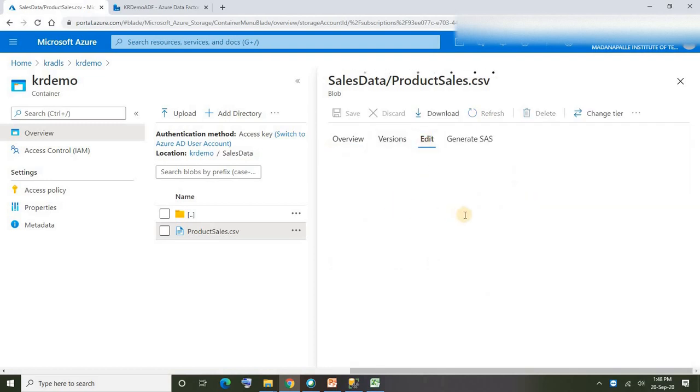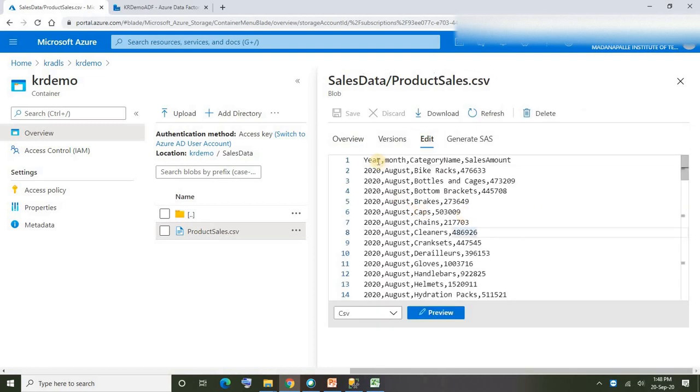Say edit. All right, see here we have 4 columns created: year, month, category and sales amount, with values for year and month, and under category the product categories added as values.